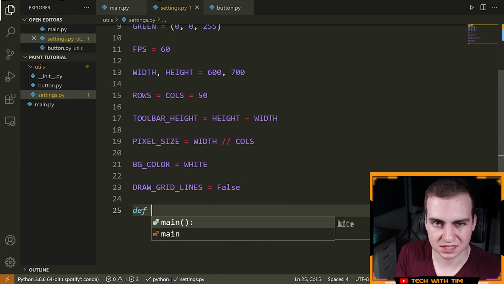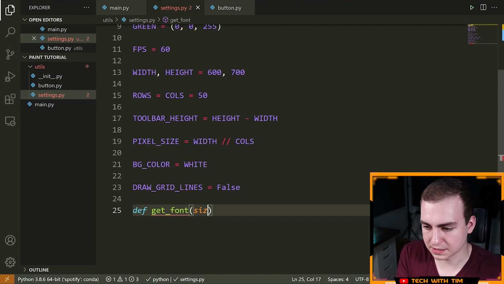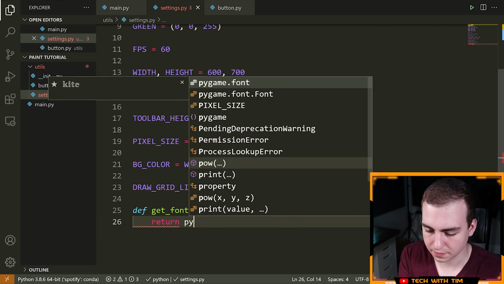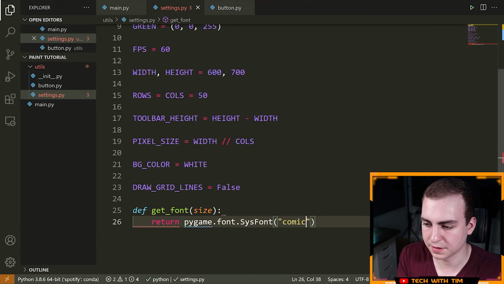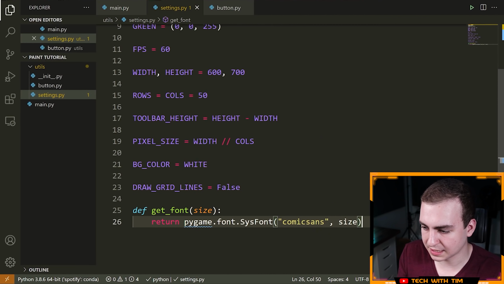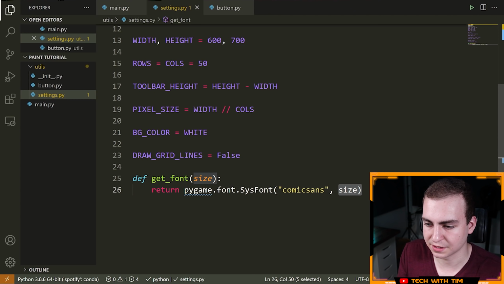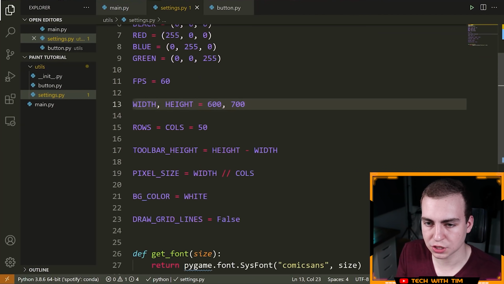Okay, last thing we're going to do, it's not going to make much sense right now, but we're just going to put it in so we don't have to come back to this file, is we're going to define a function, and we're going to call this get_font. This is going to take a size, and what this is going to do is return to us a font object that has a specific size. So we're going to say return pygame.font.SysFont like that. We're going to put in the name of our font. I always use Comic Sans just because you guys think it's funny. And then we're going to put size here. So what this will do is generate for us a font that is Comic Sans that has size of whatever size it is we pass to this function. We will use that later on. Perfect. So now we have finished the settings file.